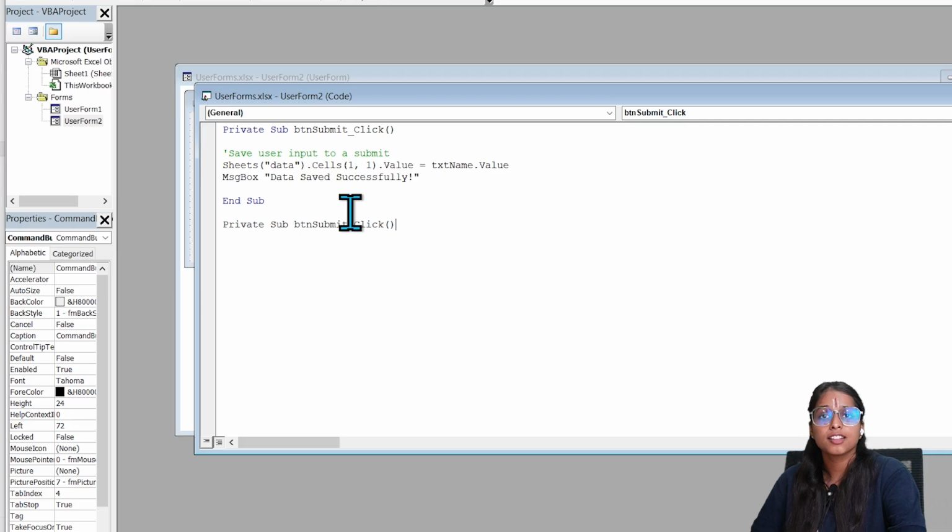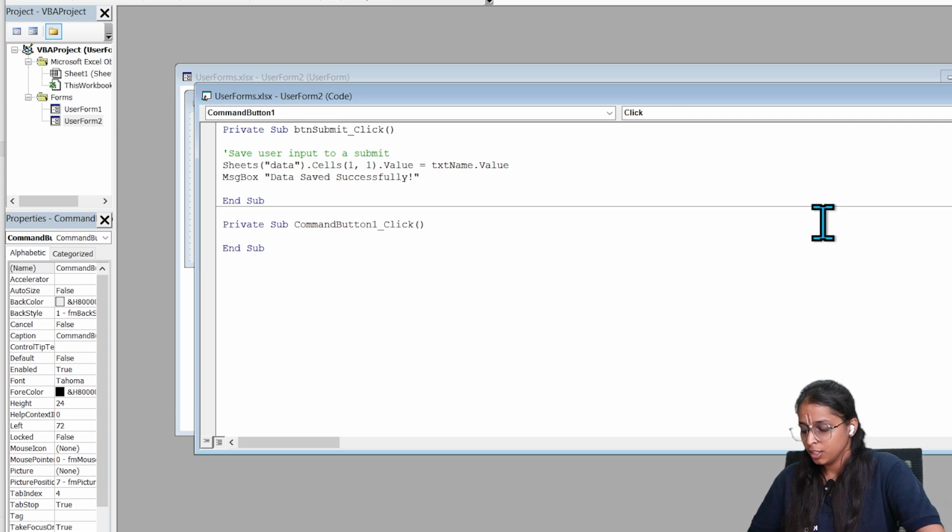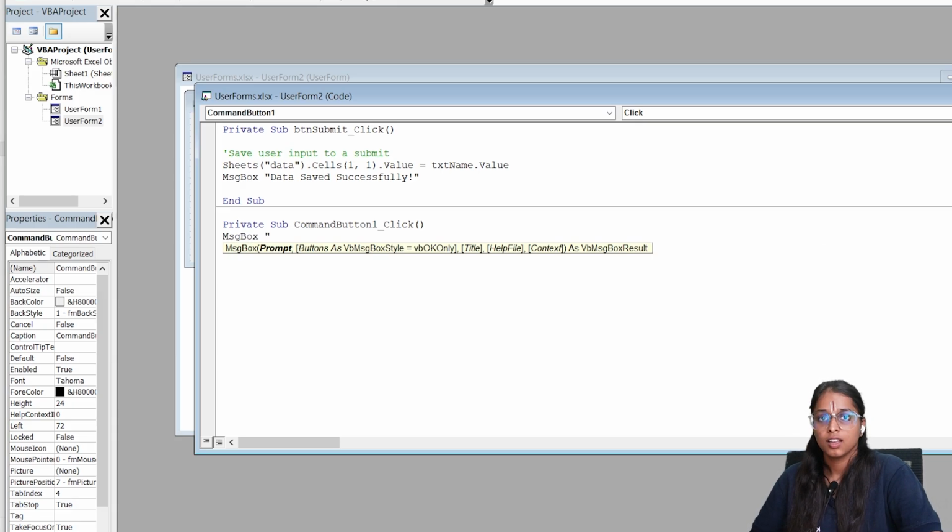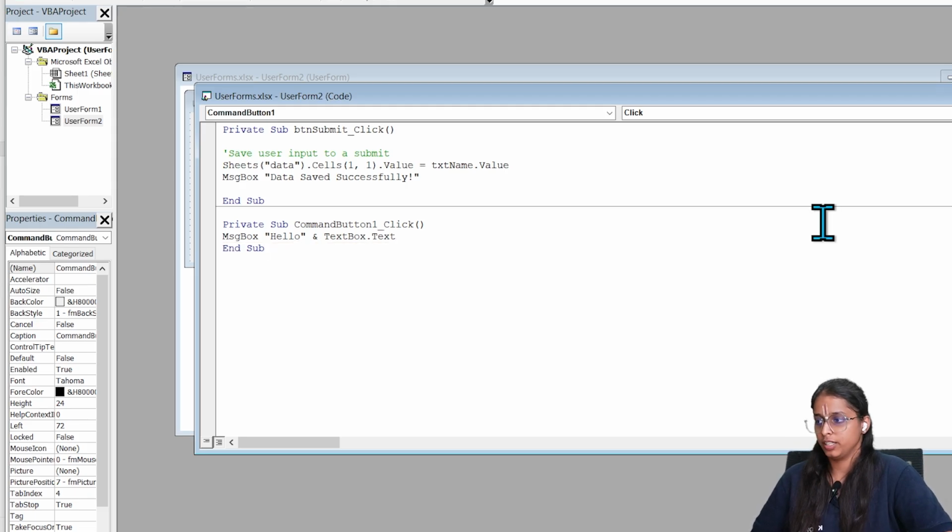You can write private sub command button one click. Then you can add a message box. I'll add hello and textbox.text. And I'll end my subroutine.